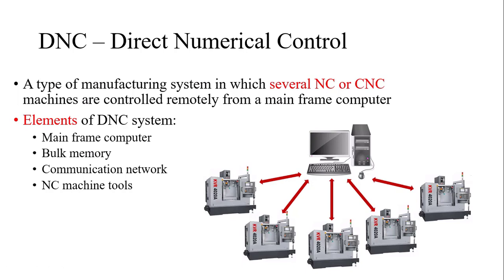In the CNC machines, we have a separate machine and a computer. If you want to install the program, you have to go to each machine to install it. But if you are using DNC machines, you have one mainframe computer like this one. You just upload the program in one computer and then it transfers through wireless or the LAN connection to the different machines, just by sitting in one room. That is the most advanced.